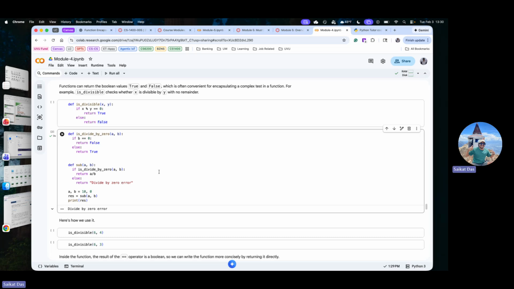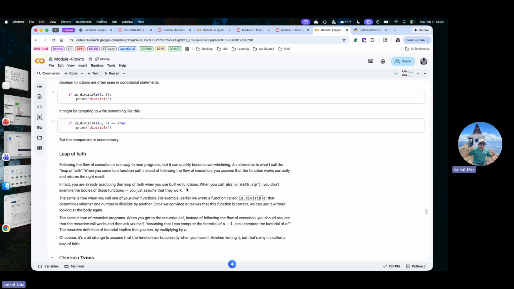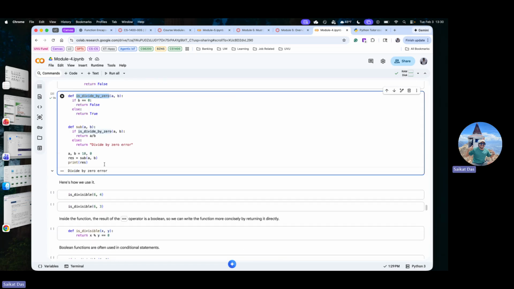Does that make sense? And this type of function is also called leap of faith. Leap of faith means I know is divided by 0. That means if it is true, that means it is divided by 0. If it is false, it is not divisible by 0. So by writing the name, I can just rewrite the name in other way, is not divided by 0. In that case, I'm just